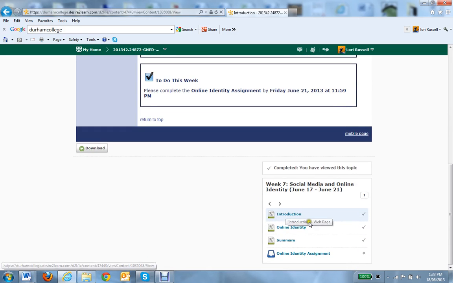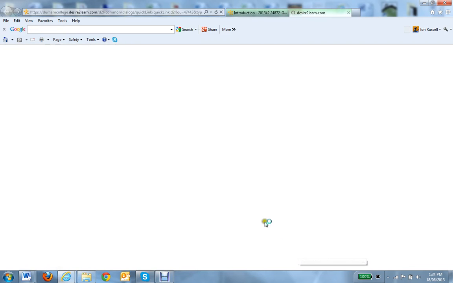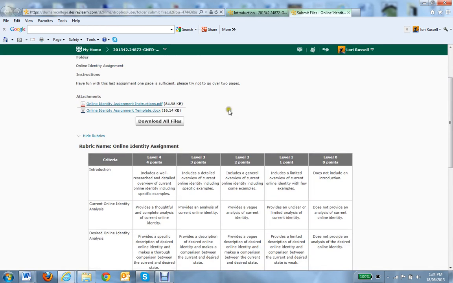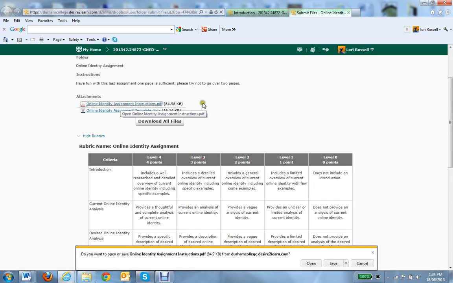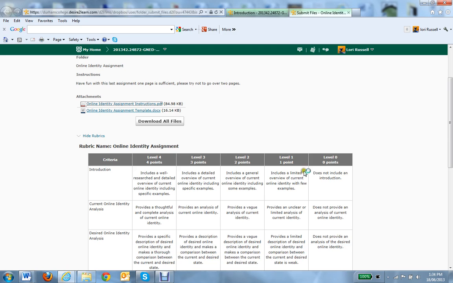Once you review the introduction, you're going to do this week's reading about online identity, review the summary, and here you're going to see a tab that leads you to the online identity assignment. If you select on that, it's going to take you to the Dropbox, and you're going to have the online identity assignment and the template. So if you click on the assignment instructions to open,